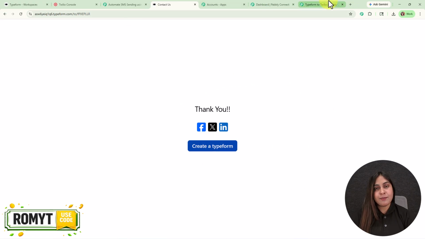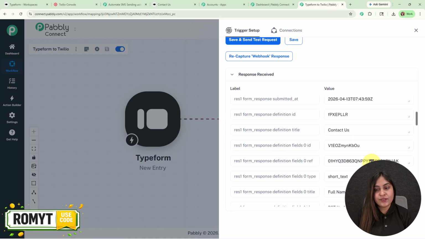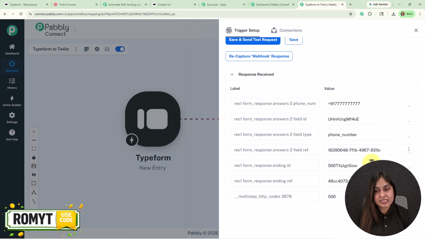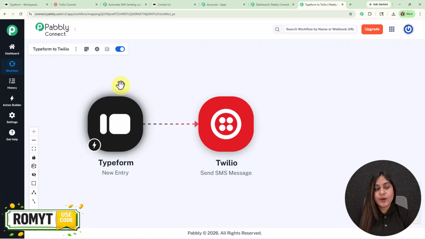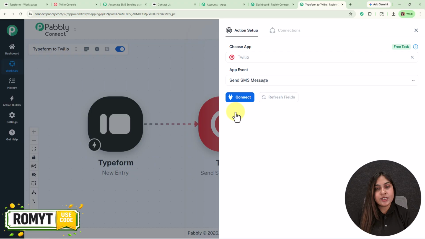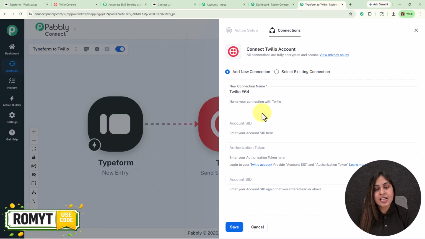So let's go and check our Pabbly workflow. And you can see instantly we have received a response where we have received all the form details. So with this we have successfully set up a trigger over here. So once we have received a new form submission, we are going to send an instant SMS to that lead via Twilio. So we're going to build a new connection over here as well, and it is asking for account SID,